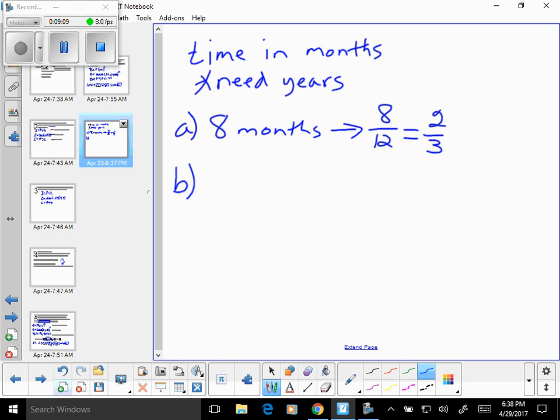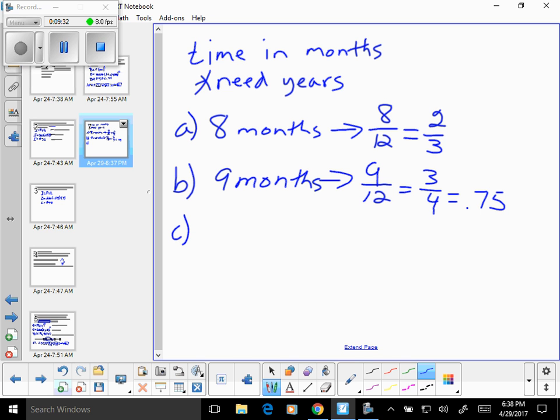Let's say that they tell you 9 months, which is kind of common. Okay, 9 months is 9/12, which is 3/4. Now this one, we can use 0.75. If they use 6 months, what would you use? Yes, 0.5, because it's half a year. What if they used 18 months? We are going to take 18/12. You know that a 6 is a very common factor here in this particular one. So you're going to get 3/2, which is going to be